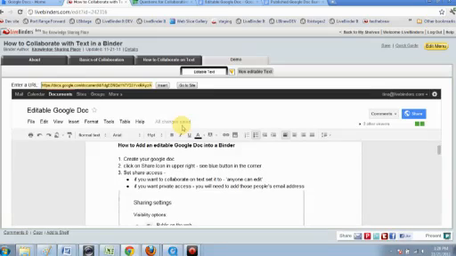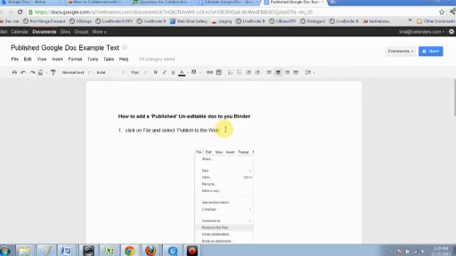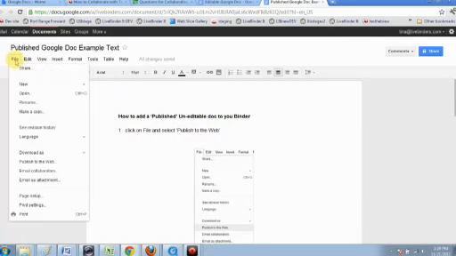and you're ready to turn in your finished product. So you can also embed or insert a published non-editable document within the binder so you're ready to turn it in as your final project. So I'm going to show you how to do that as well. So here I have a document that I'm all finished editing, and I want to now make it non-editable. So I want to select Publish to the Web,